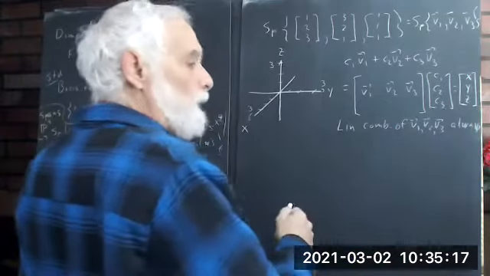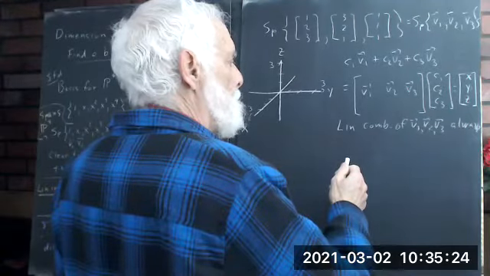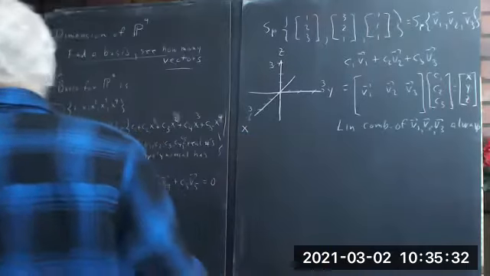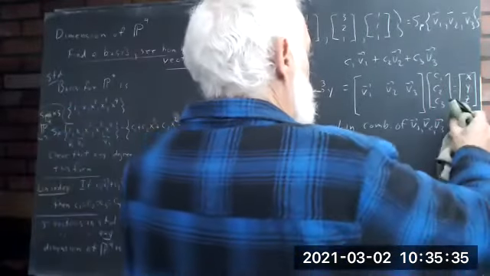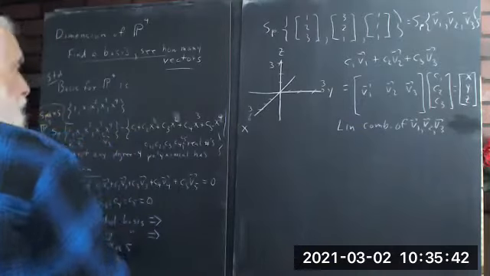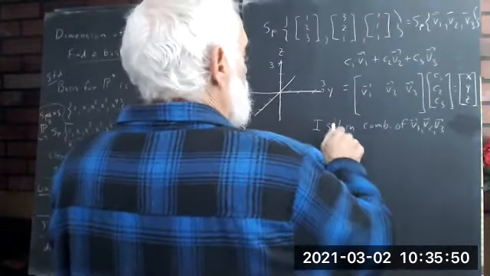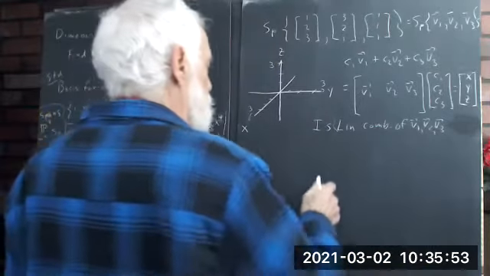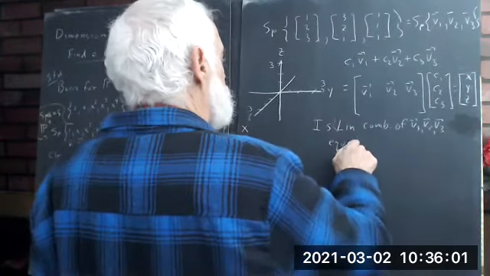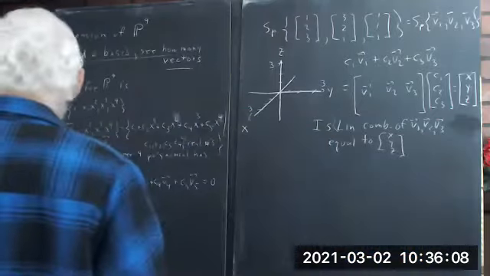Is the linear combination of V1, V2, V3 equal to X, Y, Z? Well,